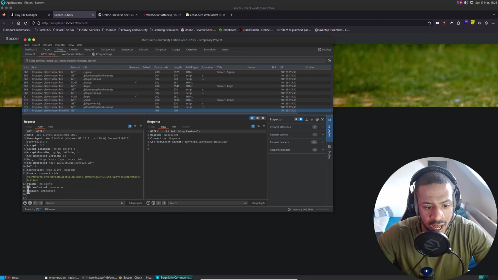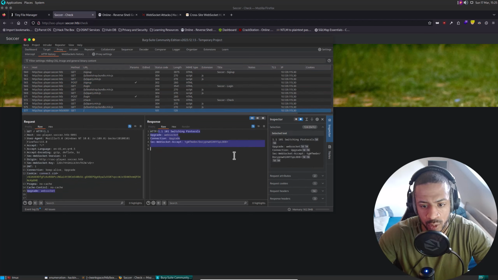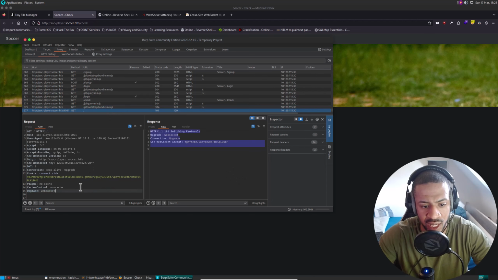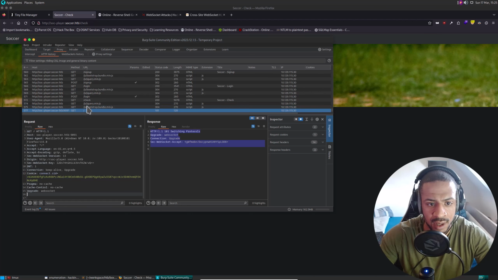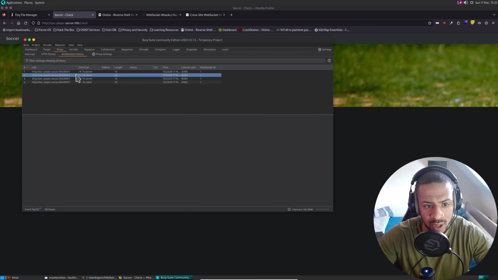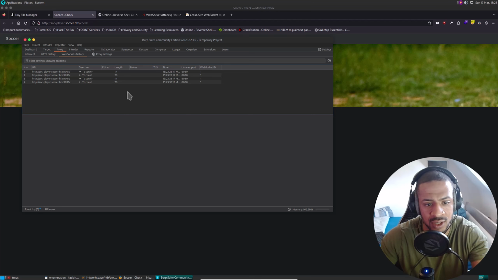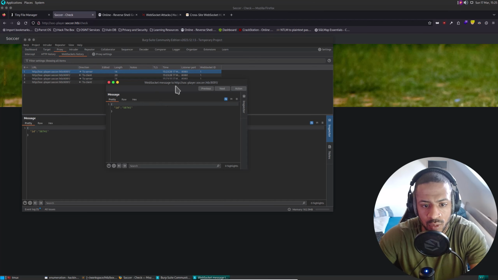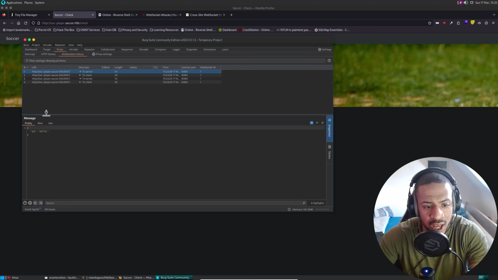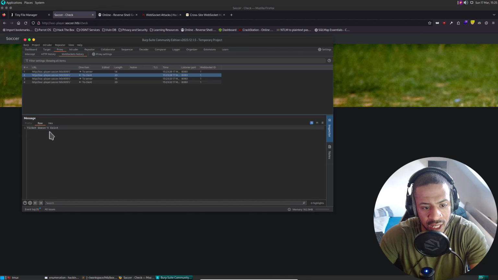So now here we have upgrade to WebSocket and switching protocols. When you see this, you know you are dealing with a WebSocket. This is why I immediately started taking notes of WebSockets when I saw this. And that is the first request and response that I get as soon as I logged in. So now let's go into the WebSocket history. As you can see, you have some sort of client-server interaction. Namely, we have the client asking for an ID and the server replying with whether the ticket exists or not. Okay, so we can obviously play with this.